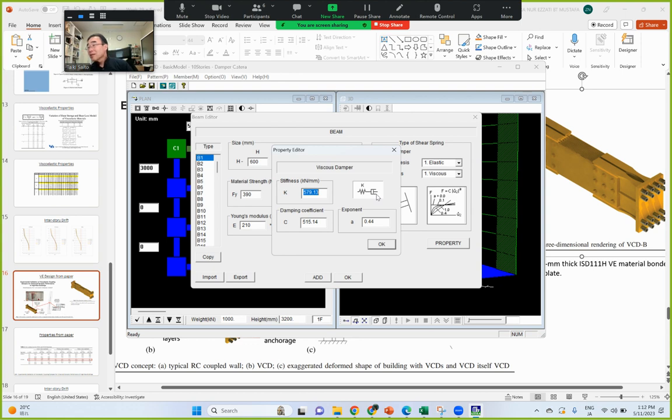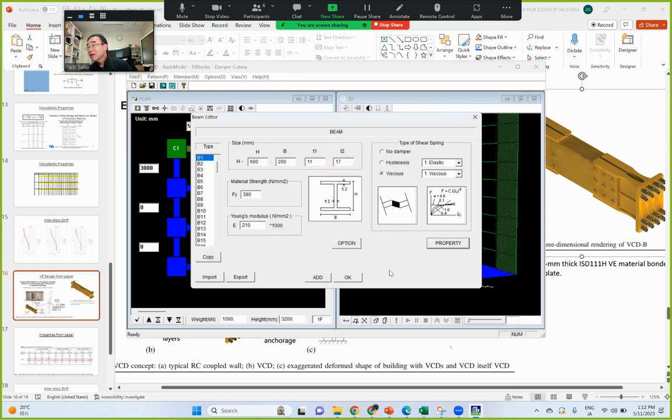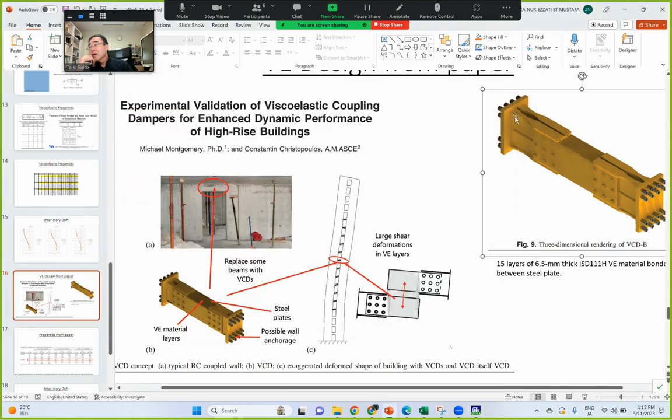Could you click OK? Okay. So you want to use both dampers in one beam. Usually in previous research, they always use a kind of stiffener in between the viscoelastic, but I never see people use Adders damper or metallic damper to combine with